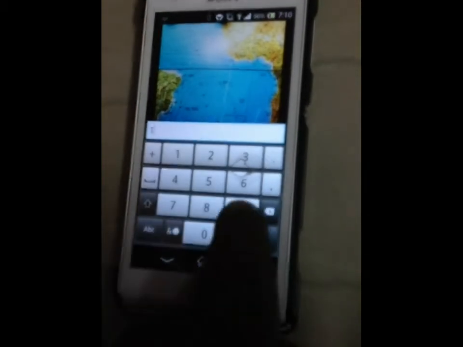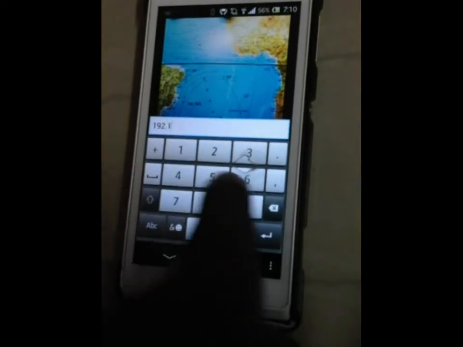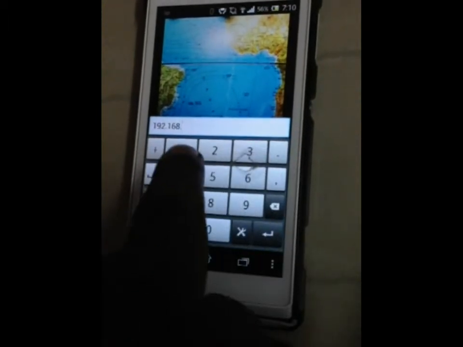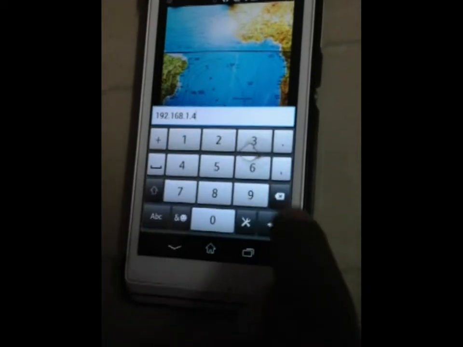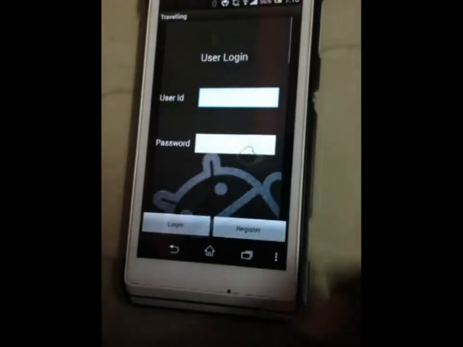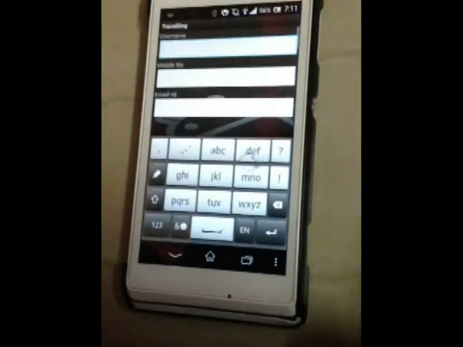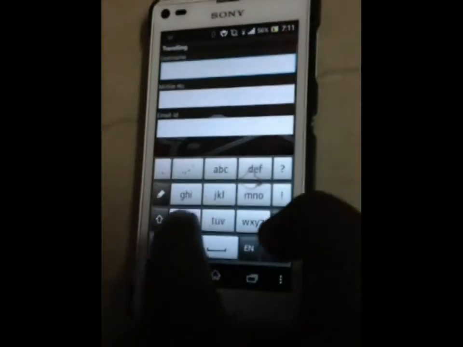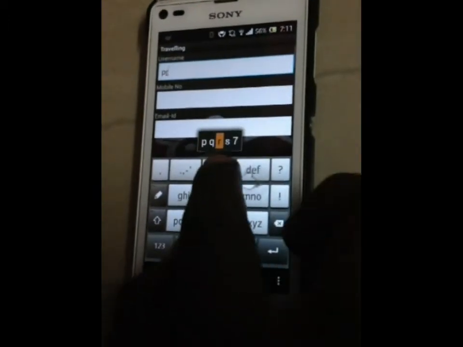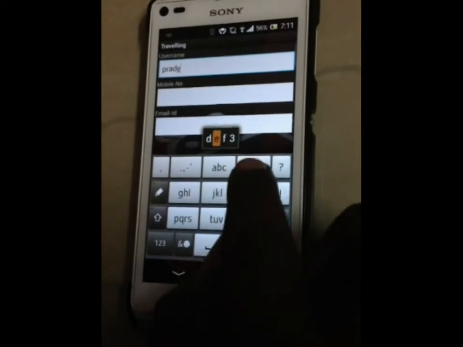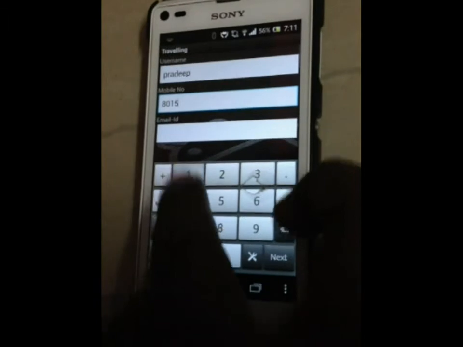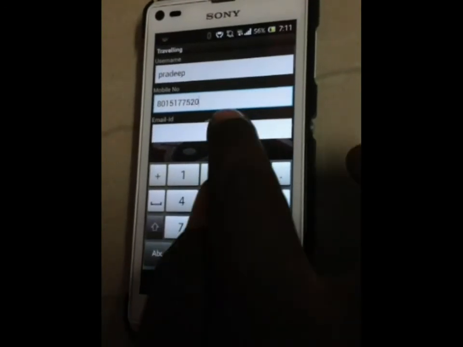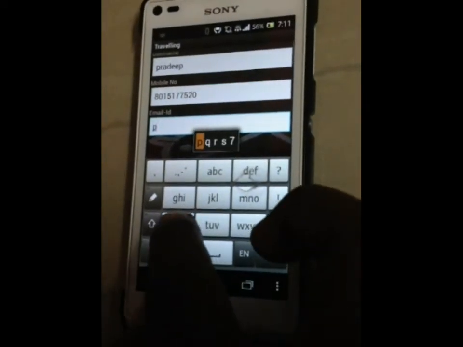By opening this, we have to give the IP address of the server, which will connect the Android to the server. Then we have to give the user ID and password which we have already registered in the travel recommendation site. If we have not registered, we can click on the register option and register again. This is an additional feature of our project.